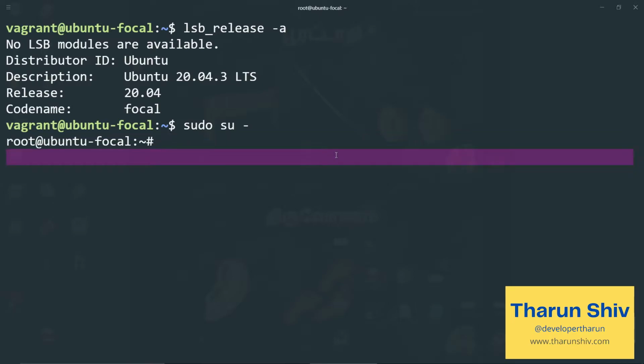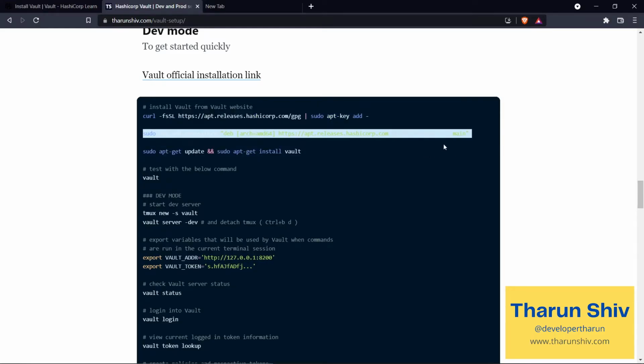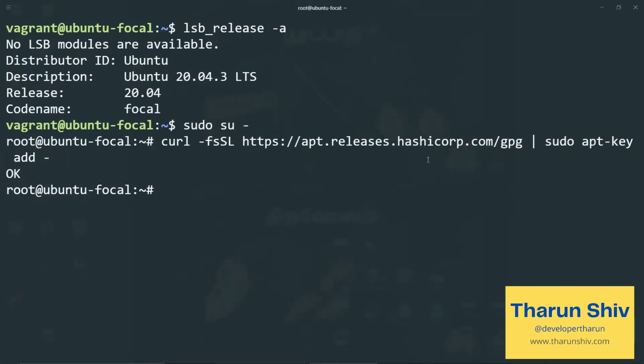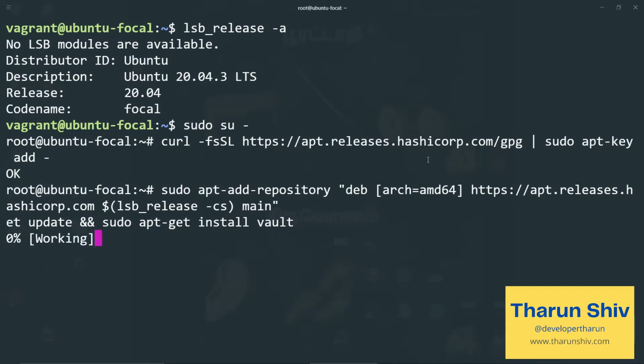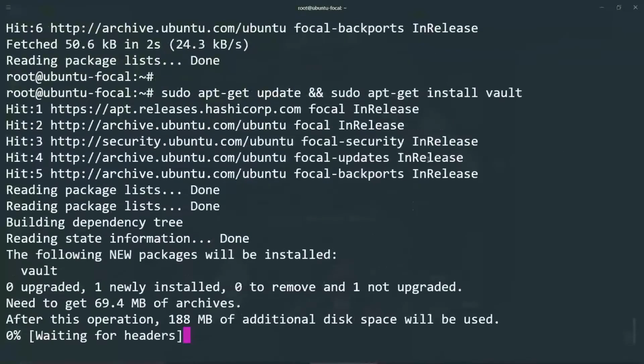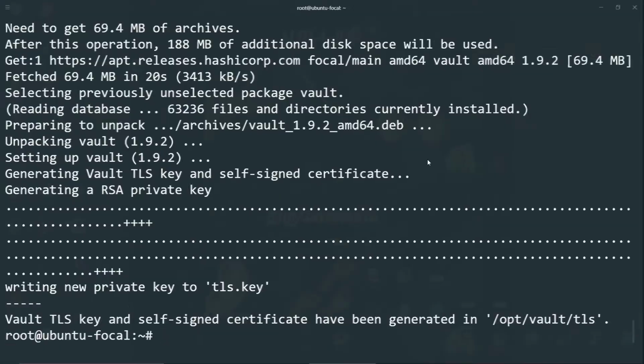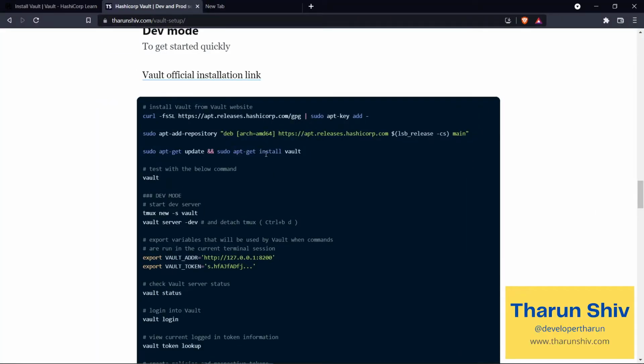Let's paste it. Now we will paste these two lines also. Okay, the installation is successful. So we have run these first three commands, where we add the Vault repository to our local repositories, update it, and install the Vault package.